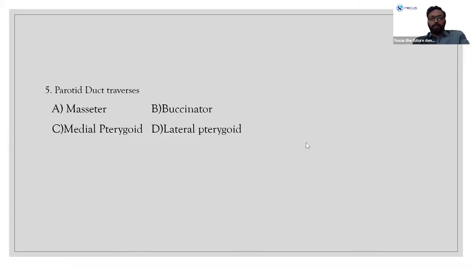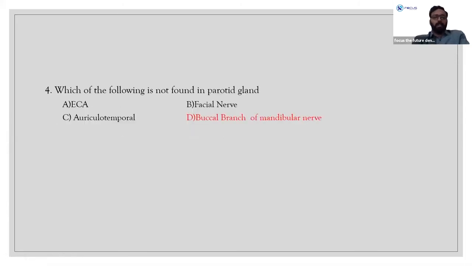Somebody has asked about question 4. Okay, one second, I'll just see. ECA is external carotid artery. It is found inside the parotid gland. The external carotid artery divides into posterior